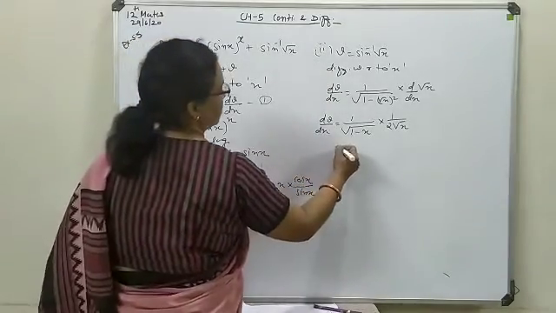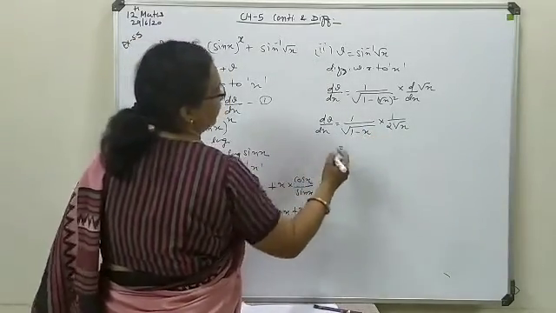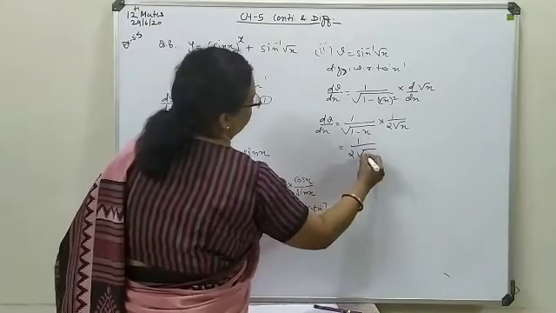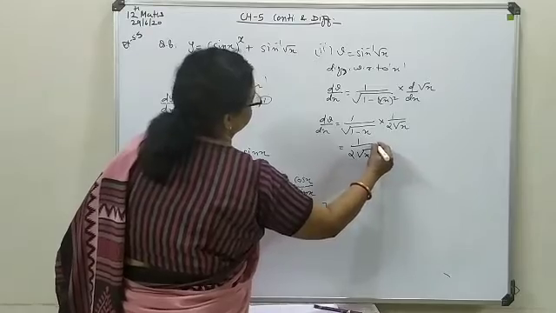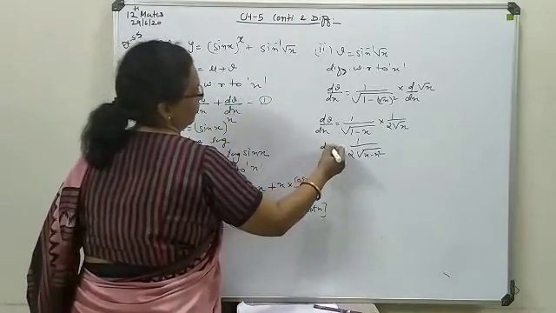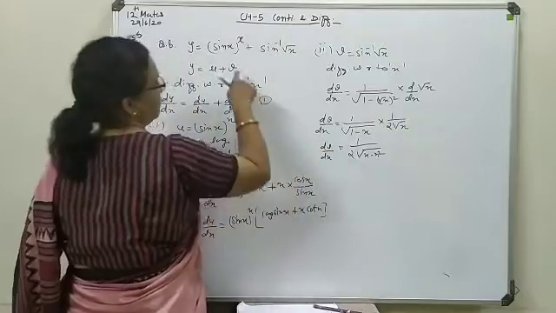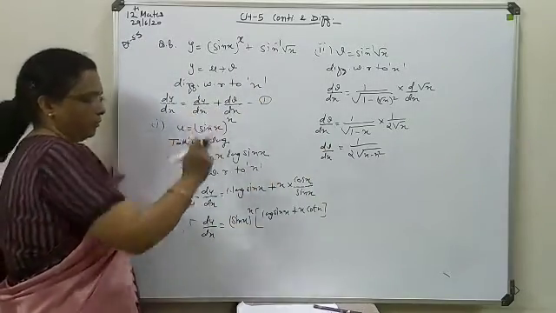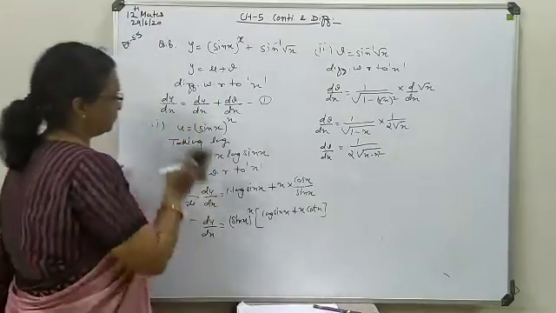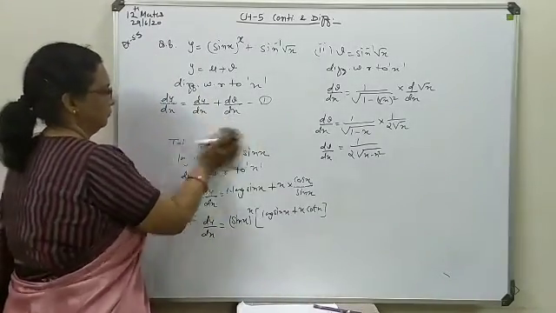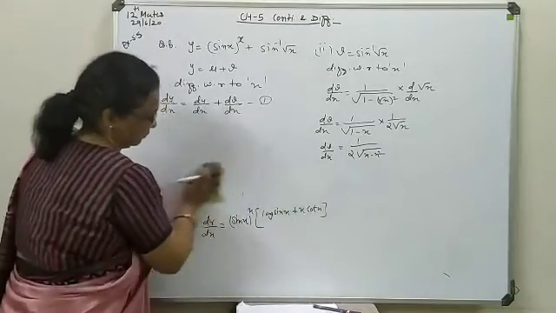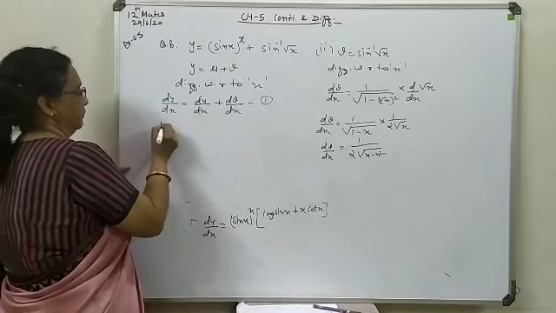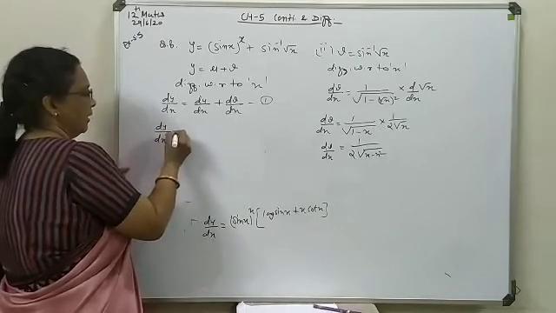Now make it combined. These two terms are in the square root, so it can be written as a combined form. 1 upon 2 under root, it can be multiplied, so it will be x minus x square. So this is the derivation with respect to the second assumed term. Now again you come to the equation first, where addition form we have to write. So for final answer, dy by dx you are having is